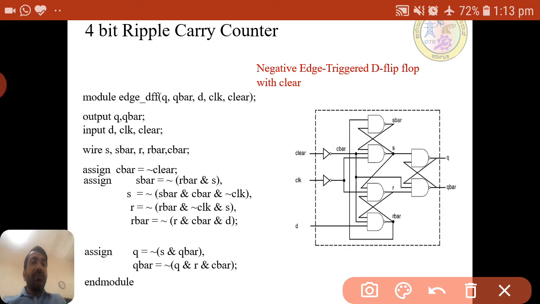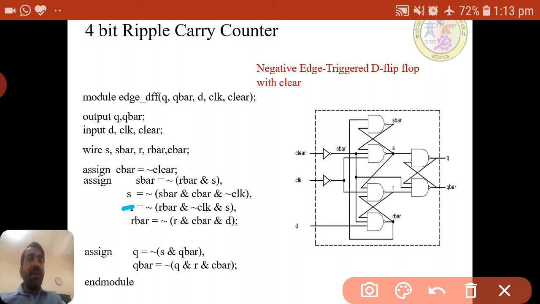So instead of using assign every time, they are giving a comma here for each statement, and for the last statement they have given the semicolon. Otherwise we can use assign S equal to and a semicolon. Both are fine, so we can use either.